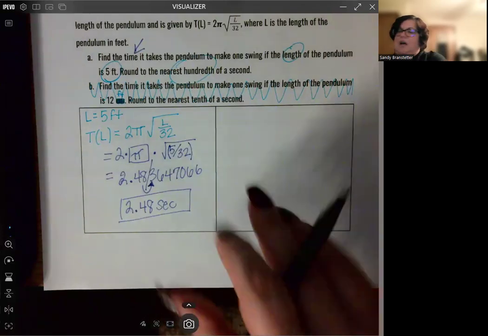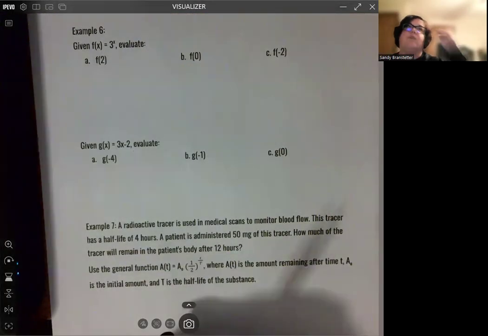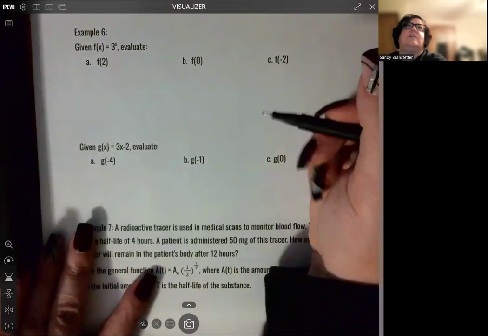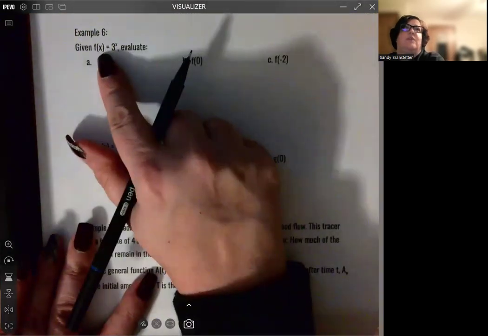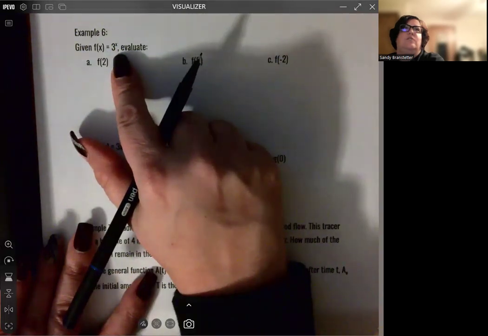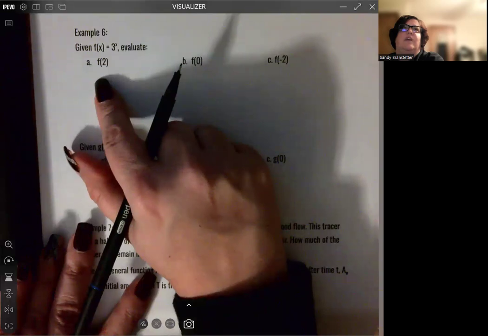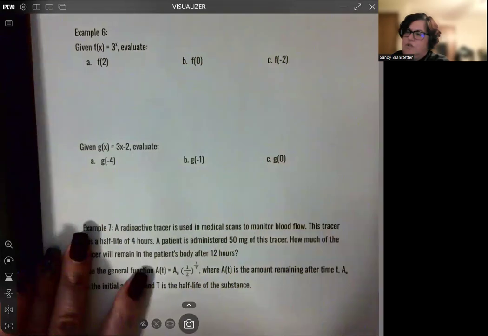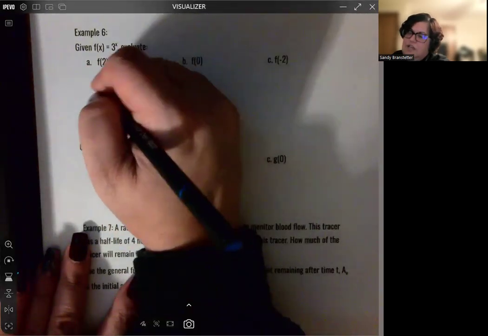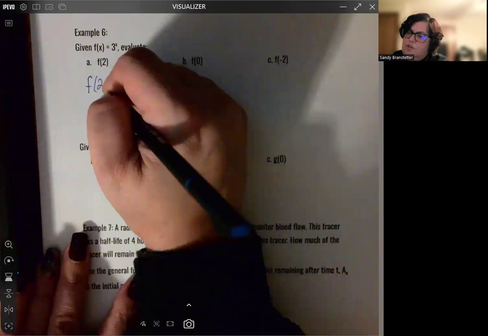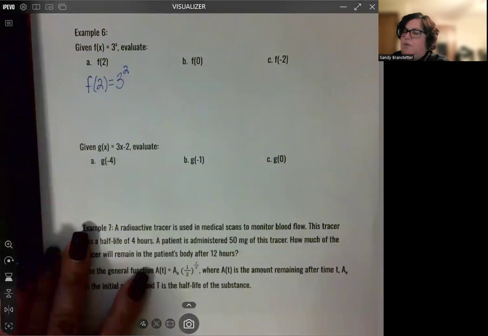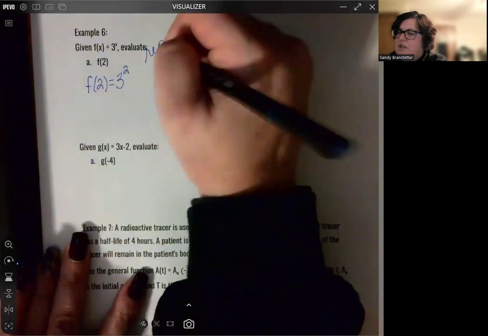All right, we're going to switch back to a little function work. I started out with that. We're going to have a few more of those. Again, order of operations matters. The function we're going to start with is f of x equals 3 to the x power. We're going to find f of 2, f of 0, and f of negative 2. So we're going to start out by taking f of 2 equals 3 to the second power. We're replacing the x